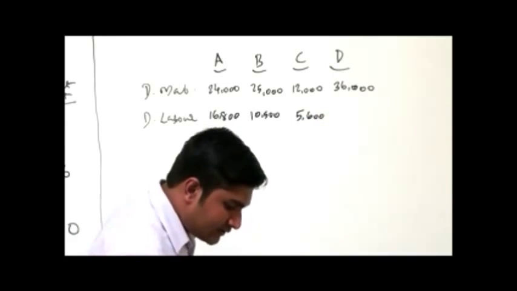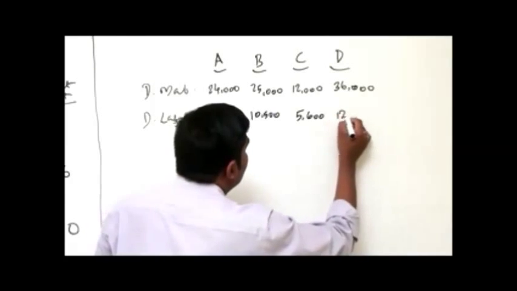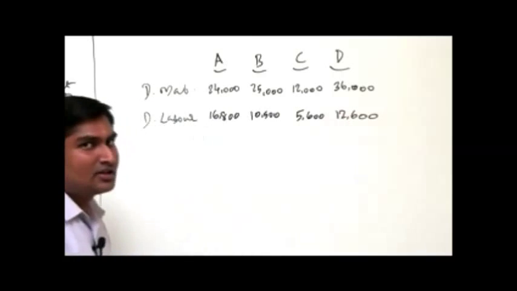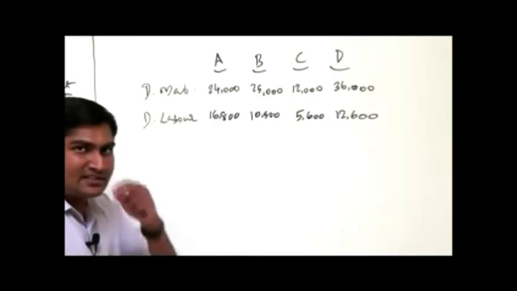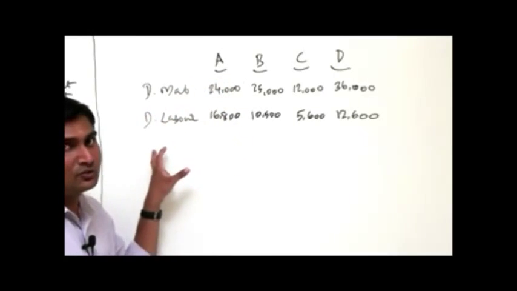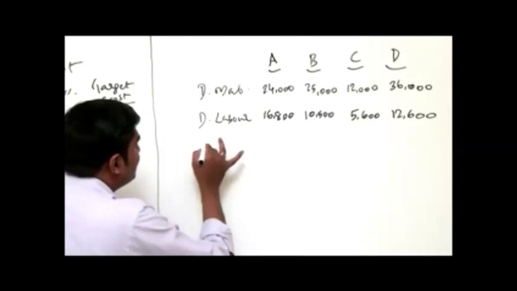D, 21 into 60, it would be 12,600. Now on to our overhead parts. As we are calculating as per the ABC system, we are going to give it activity based. That is the first one,